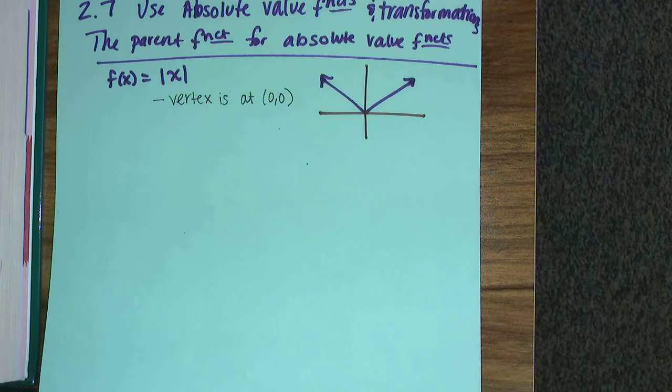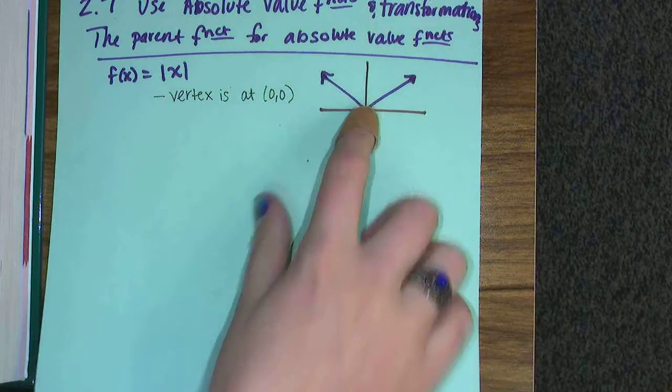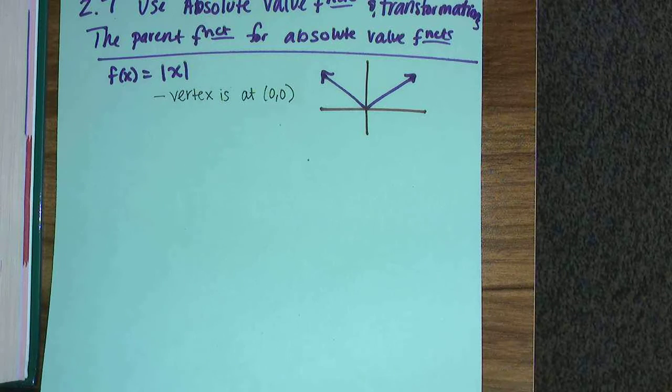And that's really all you need to know about the parent function. That's as much as you need to know about the graph. It is possible on your quiz or test, I may ask you to just draw me a picture of the parent absolute value function, draw the graph of it. If I say that, that's all I need right there. But as far as the transformations of them,